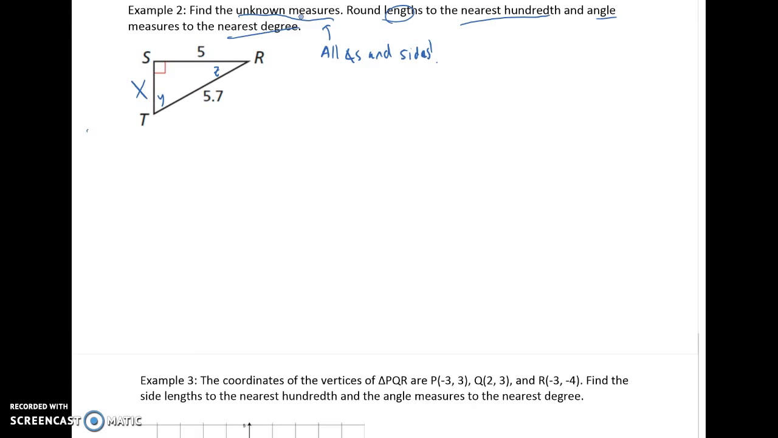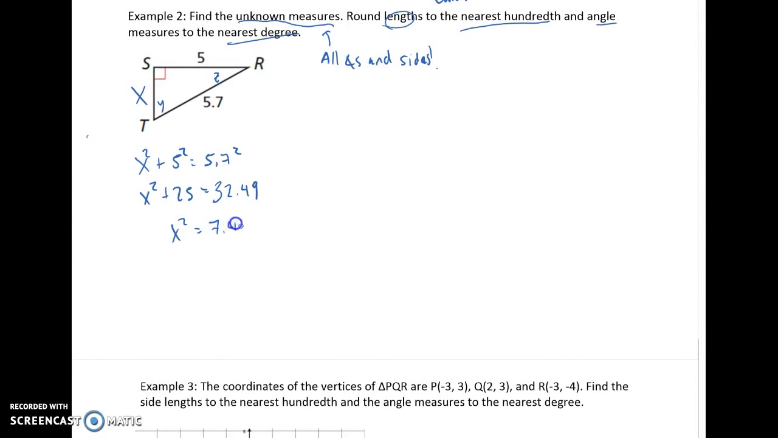I would personally do Pythagorean theorem to find st, because x squared plus 5 squared is equal to 5.7 squared. So I didn't have to do sine, cosine, or tangent for that. However, you could once you find one of the angles, y or z. It's kind of up to you. All right, so going ahead and doing this, I get x squared plus 25 is equal to 32.49. So x squared is equal to